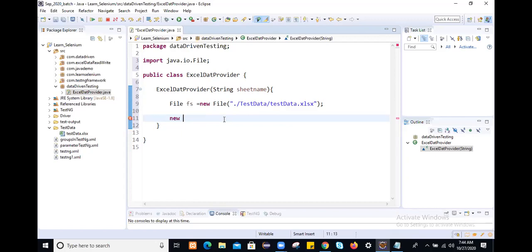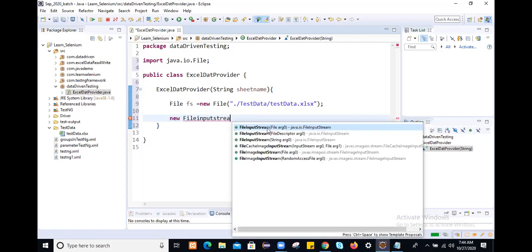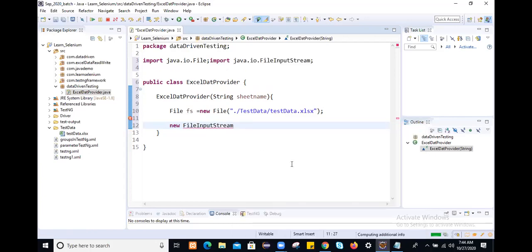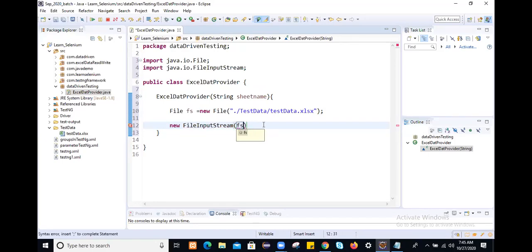File input stream. This is the class, and specify the location of that file. This is the file, on which I am going to perform the input output operation. And let's create one reference, a FileInputStream object. Yeah, this is my FileInputStream object.